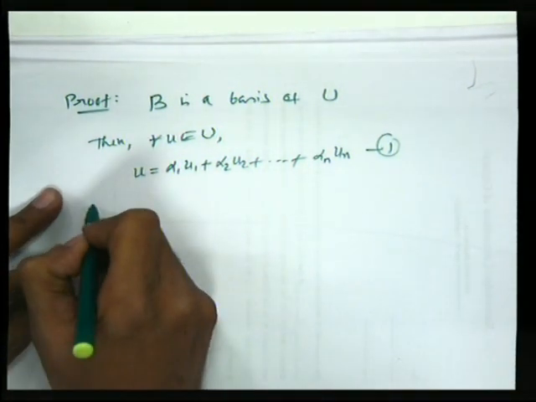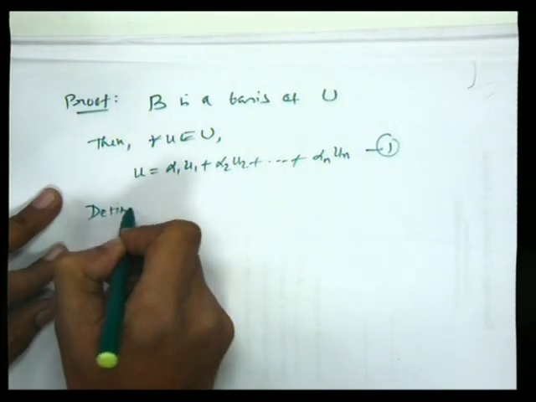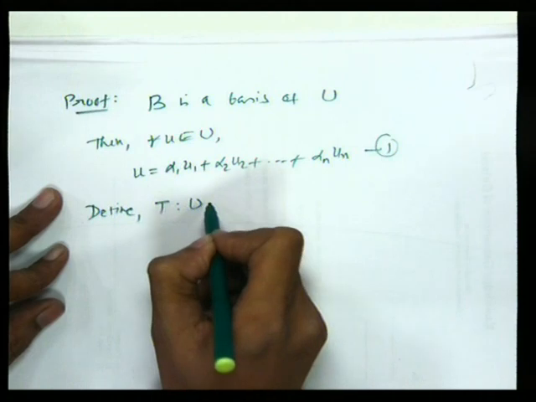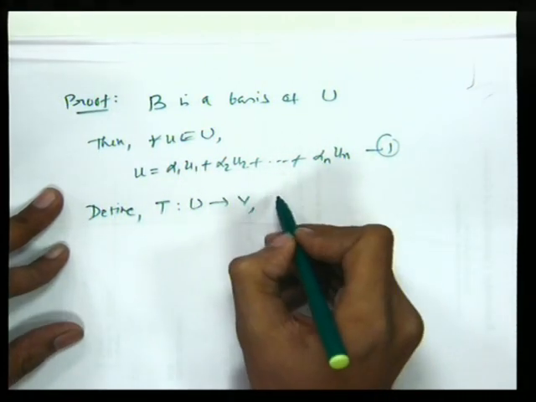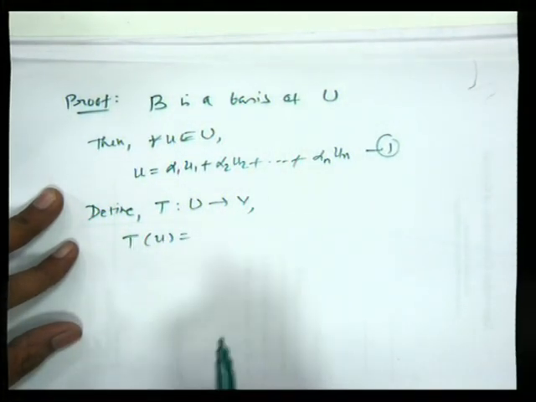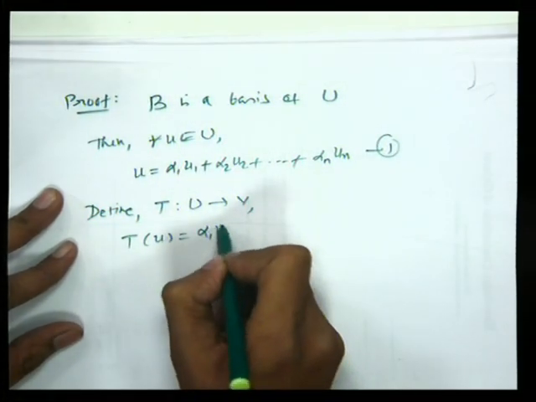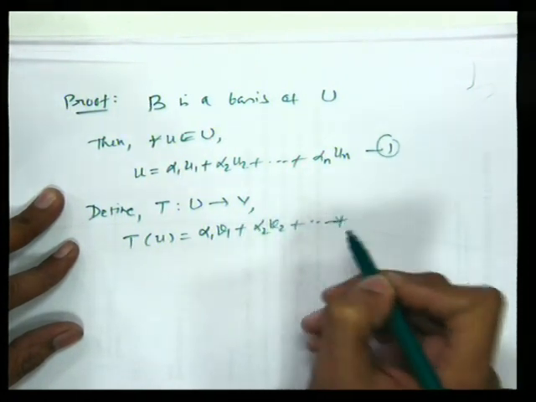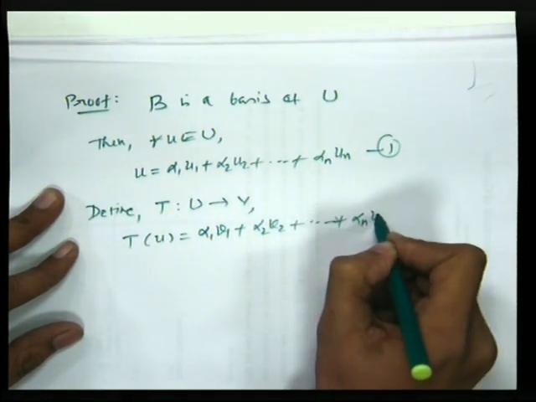Now if we define a function t from u to v such that t of u is equal to alpha 1 v1 plus alpha 2 v2 plus up to alpha n vn,